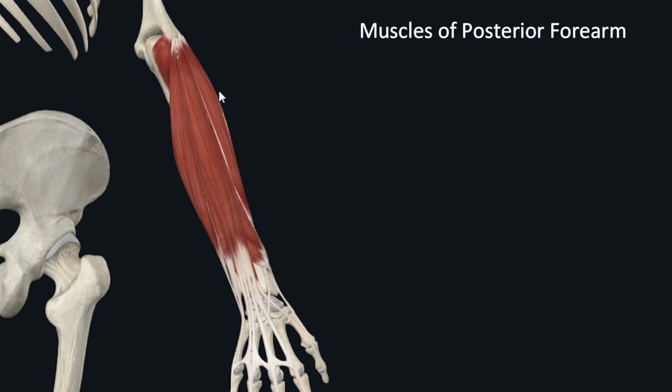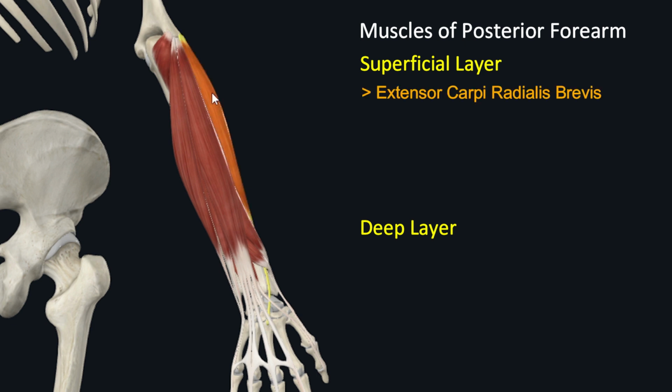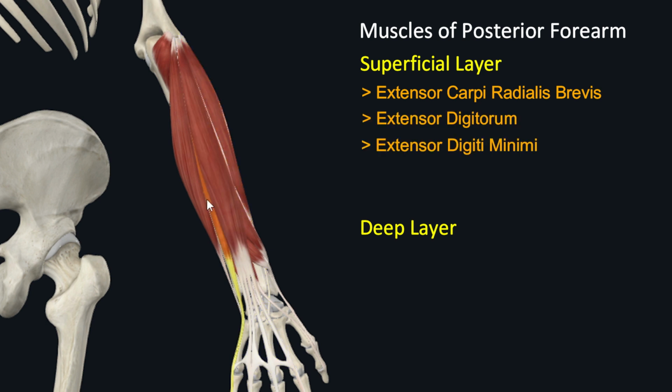So there are 10 muscles in the posterior compartment of forearm and these muscles are grouped into two layers, a superficial layer and a deep layer of muscles. And each of these layers consists of 5 muscles. So the muscles of superficial layer are the extensor carpi radialis brevis, extensor digitorum, extensor digiti minimi, extensor carpi ulnaris,